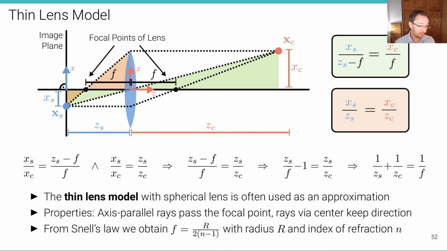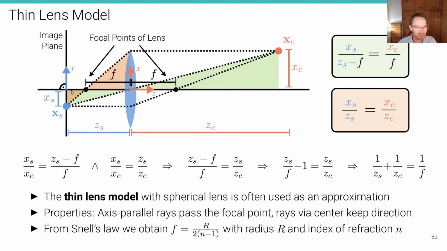Now, what can we do with these properties? Well, we can again use the principle of equal triangles to derive a relationship that's one of the most important lens relationships that we know. And this is the following. Here we have the red triangle relationship and the green triangles relationship. Let's consider the green triangle first. So here we have, now